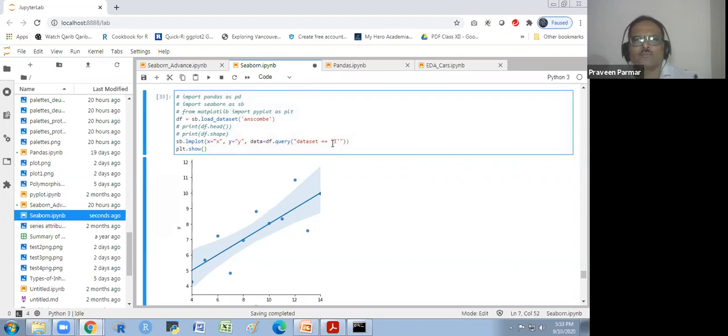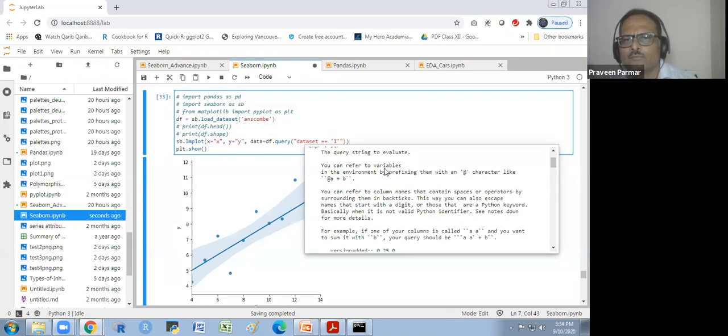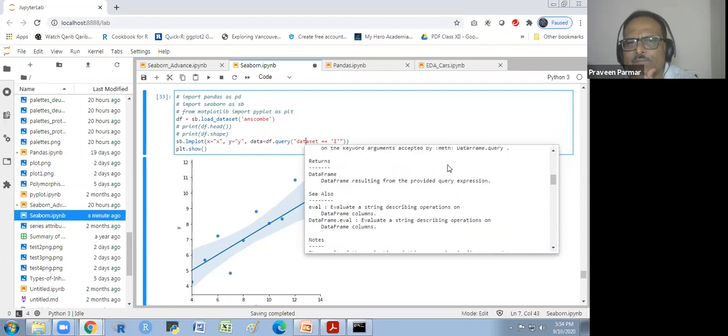There, df.query is an expression, in place false we are tweaking, and the keyword arguments we are using here, and the data frame from the data.